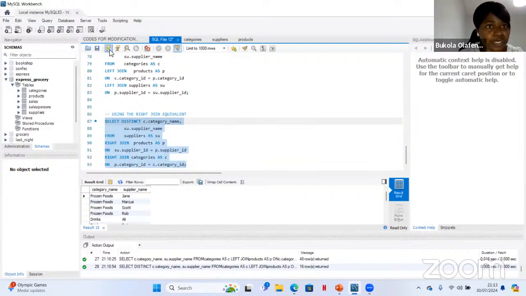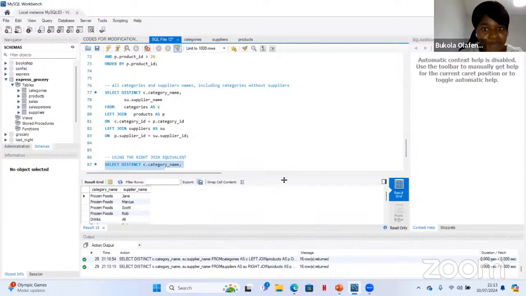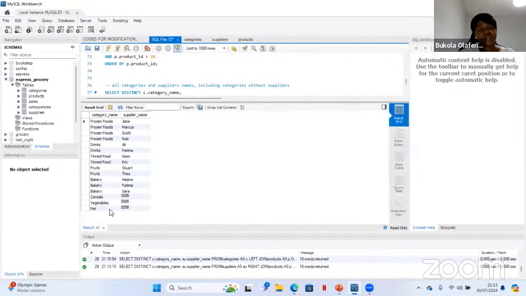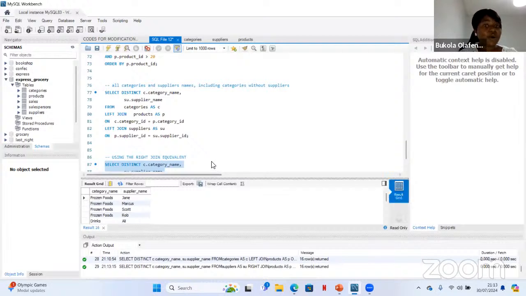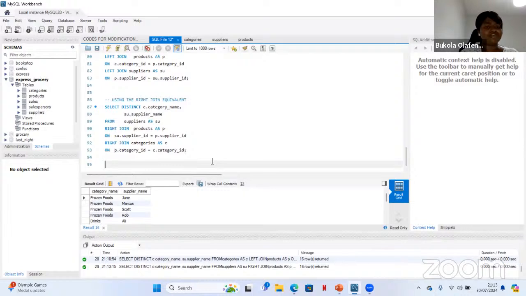And then we now execute our code, and then we have the same result set. Remember, I highlighted earlier that cereals, vegetables, and pets have no suppliers yet. As a result, they are represented by null values. So that is how we can actually use a join to join two tables,